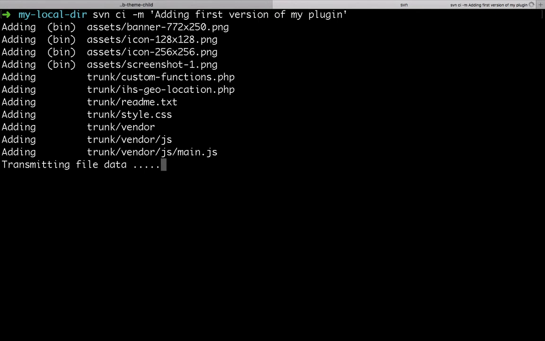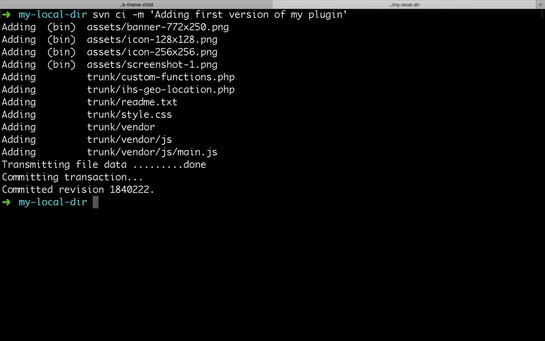So it's just transmitting files, it seems. But generally it would ask you for your password in case you haven't already logged in. And it is your WordPress password, basically your WordPress.org password. So it's been committed. Okay,